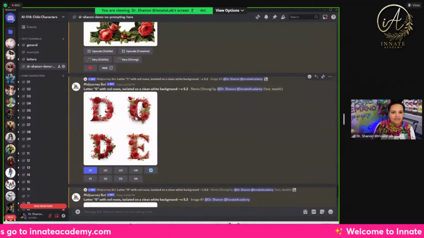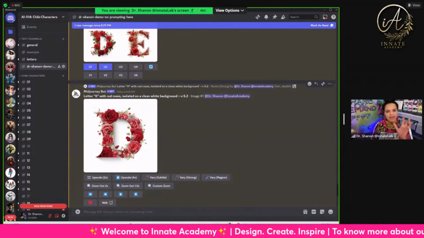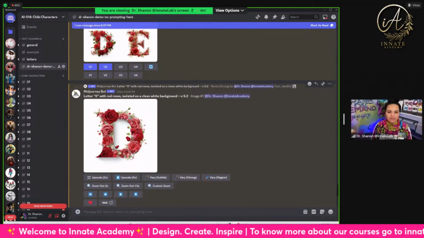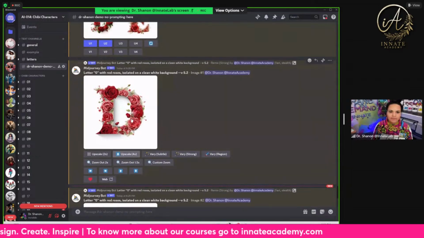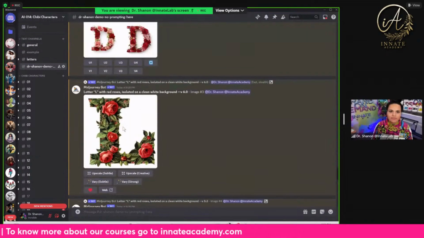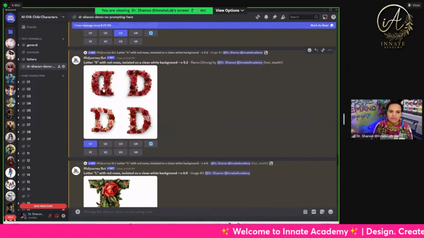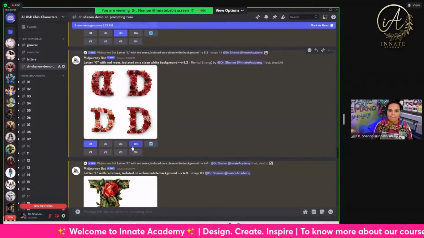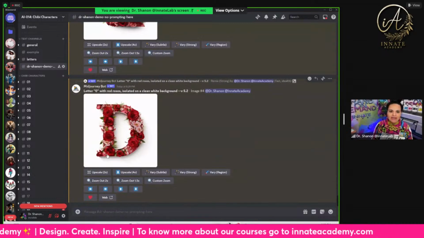And then your letters can look different. They don't have to be all uniform. I've actually been playing with just using mismatched letters so that it looks kind of like a ransom note, but with pretty, pretty letters. So I like, oh, I think this one can easily be turned into an O, and so can four. And then once I upscale them, I have to decide, am I going to try to